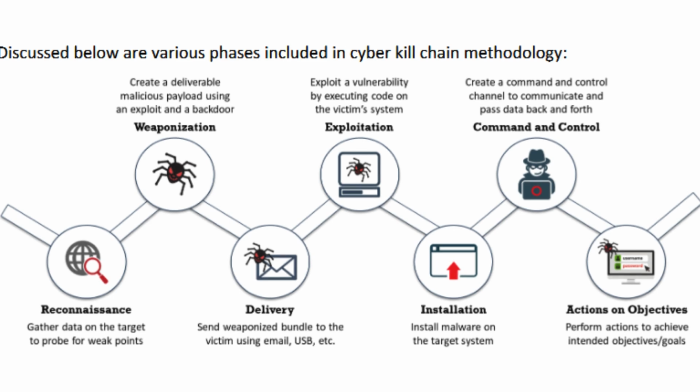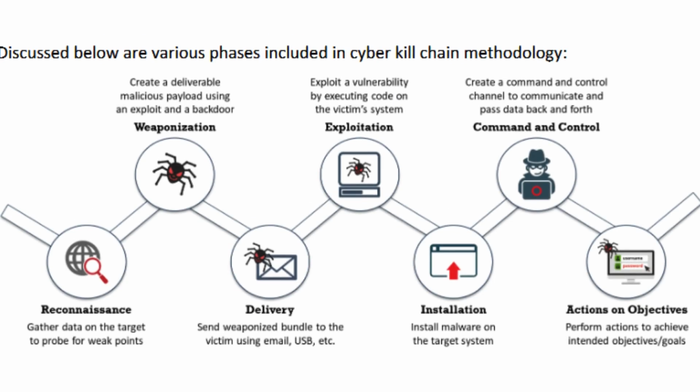Delivery. Its payload is transmitted to the intended victims as an email attachment, via a malicious link on websites, or through a vulnerable web application or USB drive. Exploitation. After the weapon is transmitted to the intended victim, exploitation triggers the adversary's malicious code to exploit a vulnerability in the operating system, application, or server on a target system.